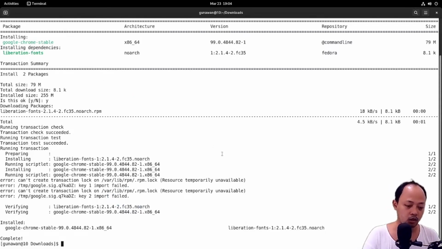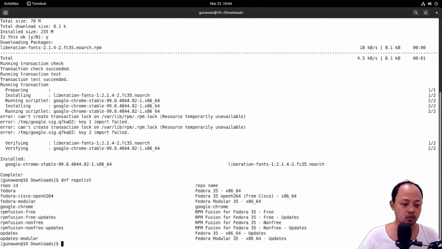And I will check the repo list. We can see that there's a Google Chrome repo. So I think it will be easy for us when we want to update our Chrome.